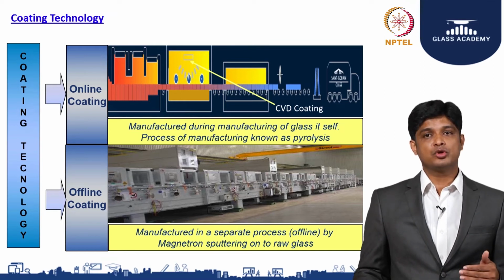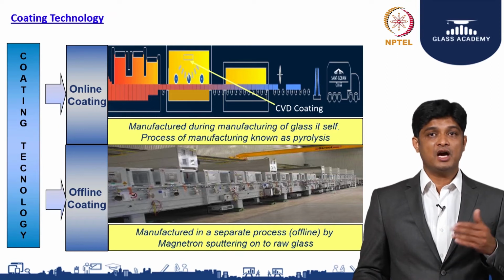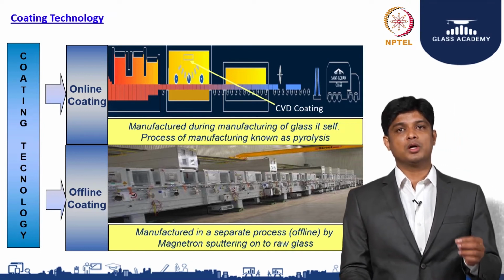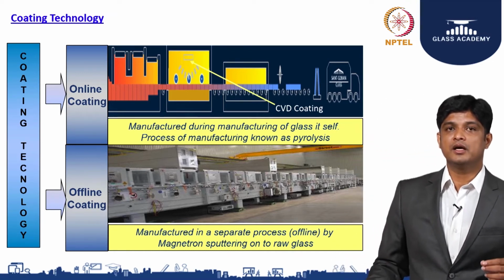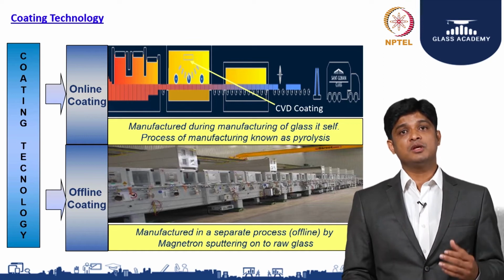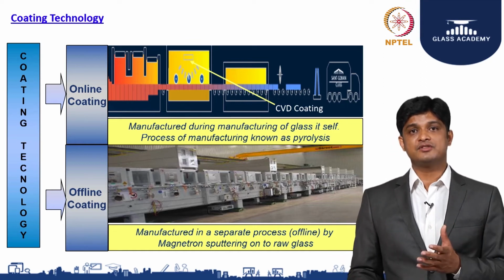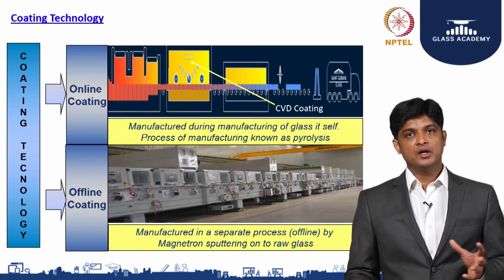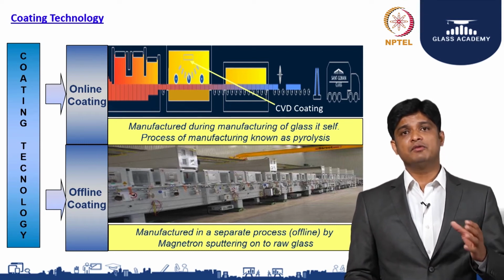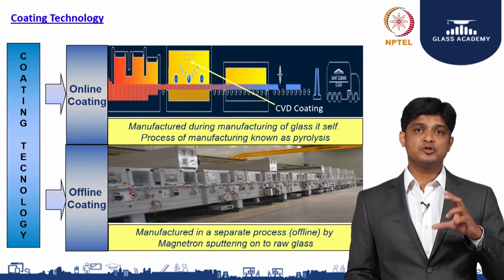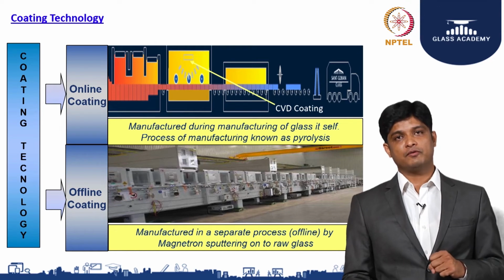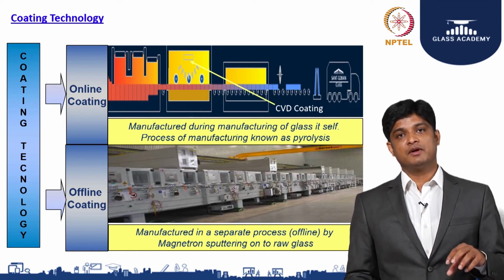That's where the entire industry has moved to offline coating technology, where I have a provision to add n number of layers, based on the kind of product the market wants to use in the building. So the current demand in green buildings for higher light transmission with extremely low solar factor and different shade requirements is all possible in offline. Ideally these are made-to-order products, because the market drives you towards a particular performance requirement, which has to be worked backward to understand what layers we should adopt to achieve that performance, which is possible today with modern technology.